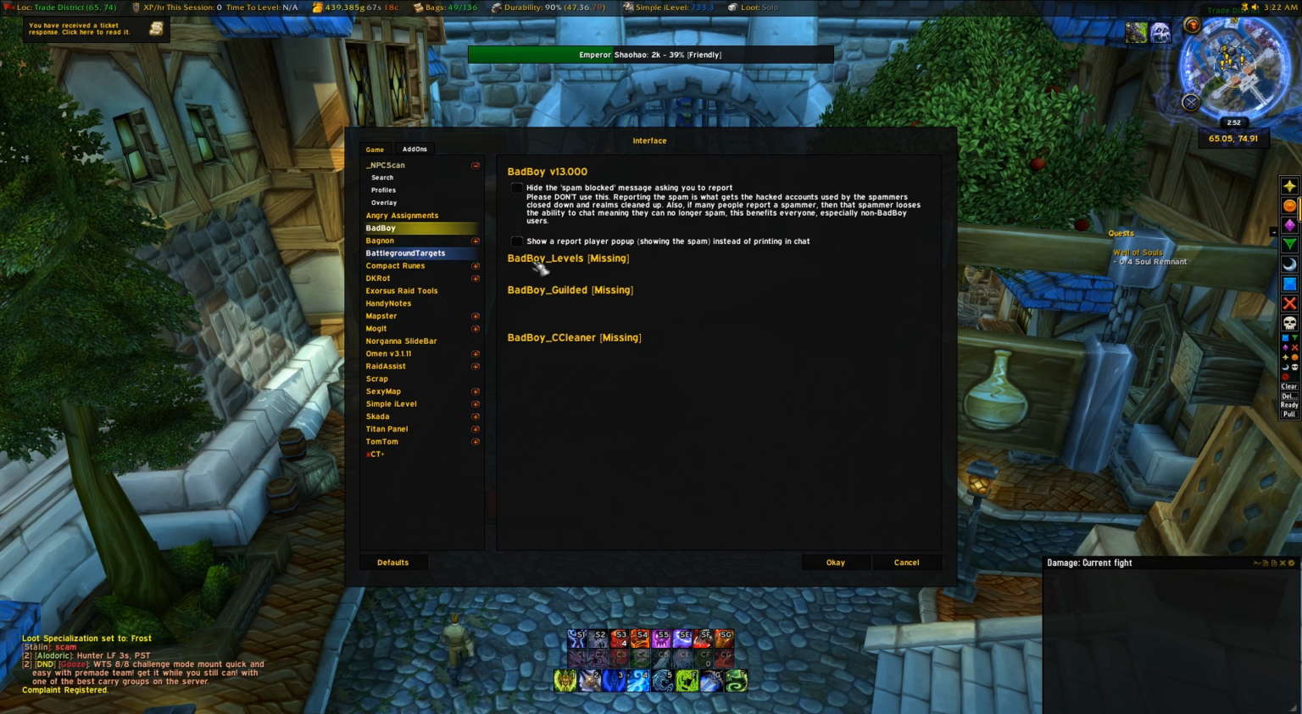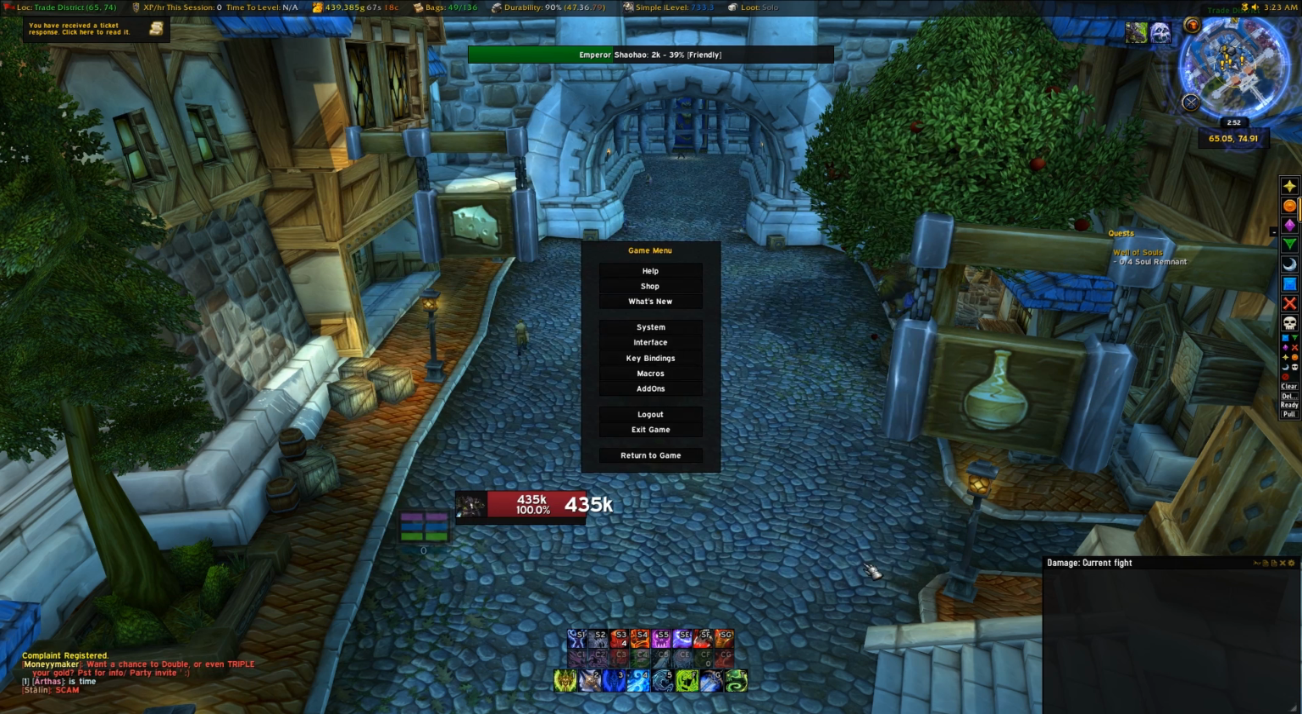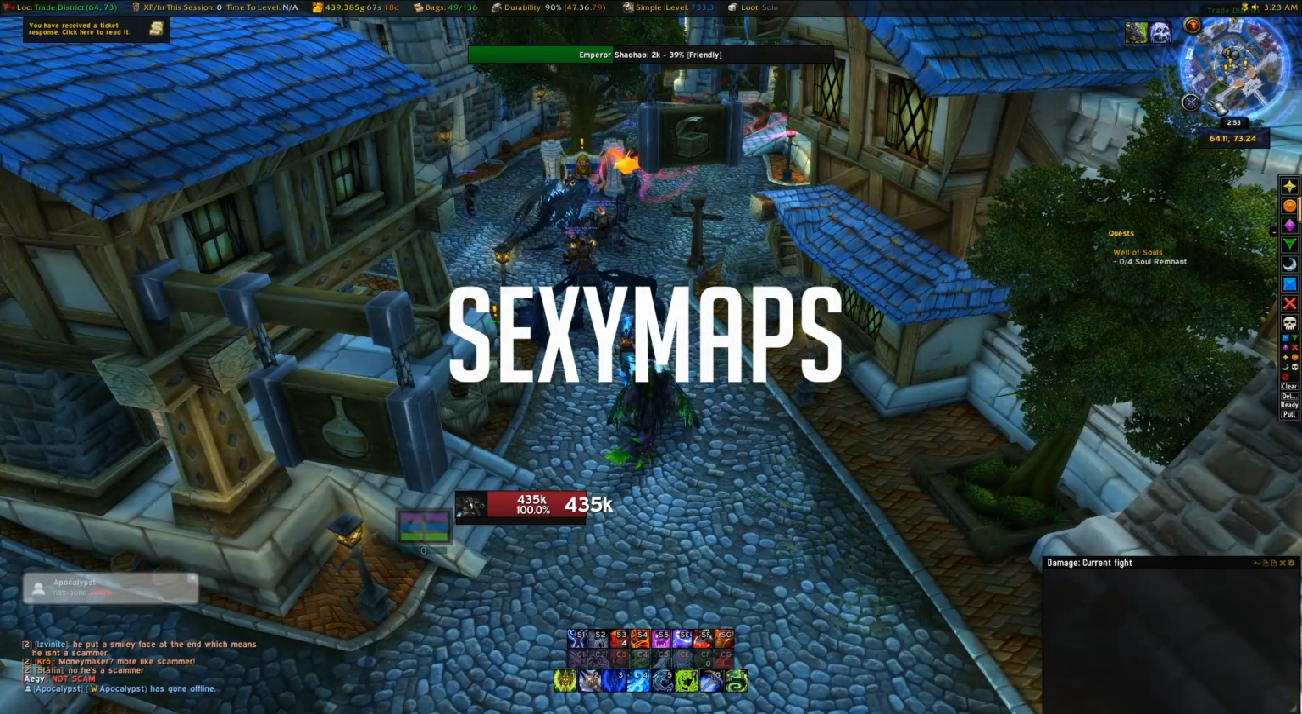It has a single click report option: you can just click on the spam and it will automatically report with a message to Blizzard. Whether it works or not, we don't know, but it's going to send that message to Blizzard anyway. And then next up and last, we have SexyMap, a cool cosmetic add-on